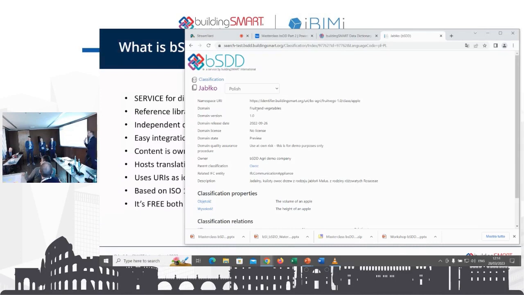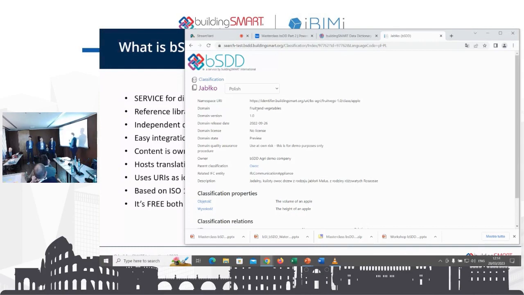Yeah, so thank you. If you want to publish anything, you need to first start an organization in bSDD. We have a form that has only basic information about who is the owner and who can modify the content after logging in. You also have to confirm that you own the content and you know the rights that are relevant to it. Each domain has its owner, so we don't allow any content without an owner.